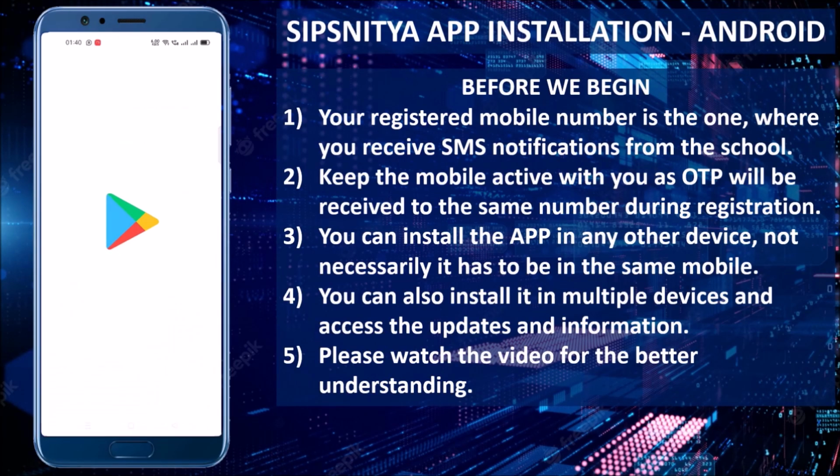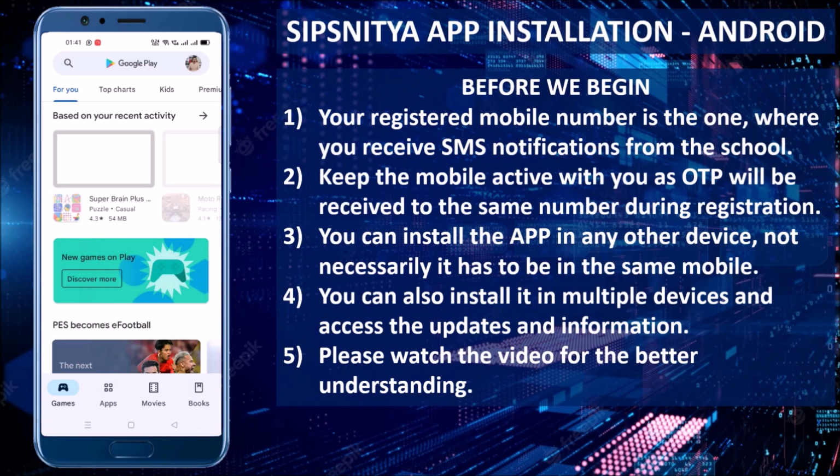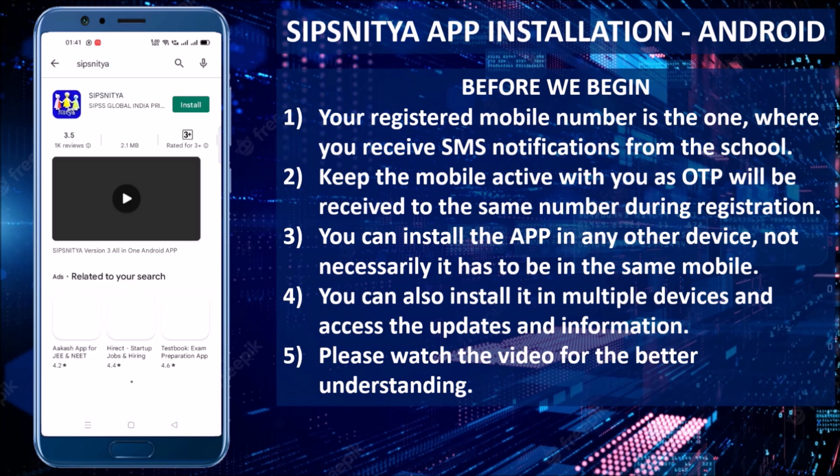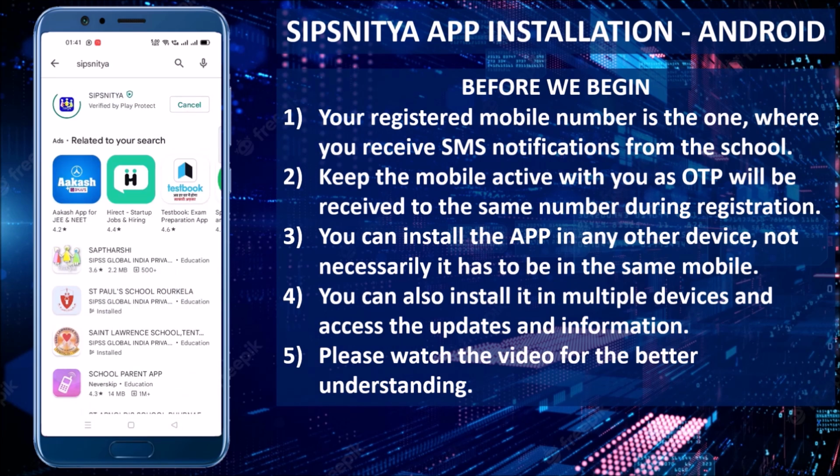Let us discover the installation of the parent app in your Android devices. Open the Play Store and search for SIPSNITYA. Click on the Install button. It may take a little time. Once the installation is over,